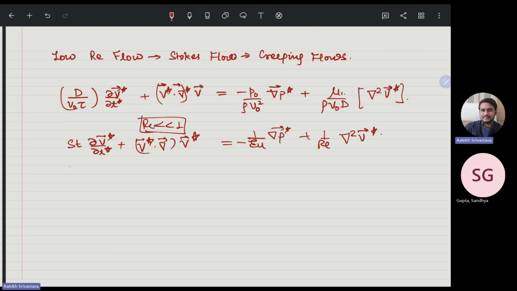If you multiply at both sides, since it is a low Reynolds number flow,